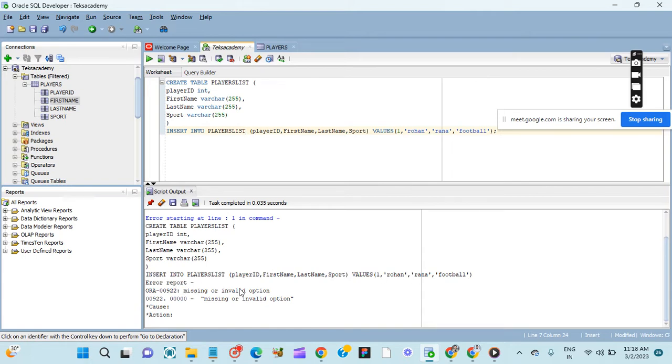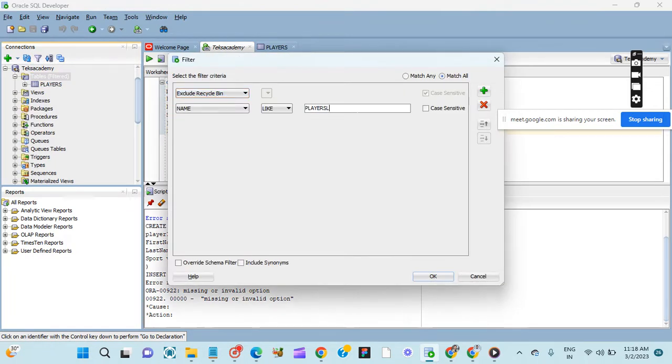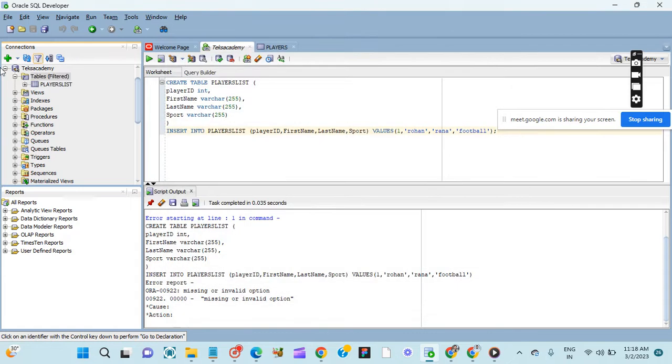Insert into players list. Reported missing or invalid option. We'll check into the filters. Players list. It is also created. So while inserting into the table, it is showing some error. Why is it showing? Then I'll get back. We are just going to the next